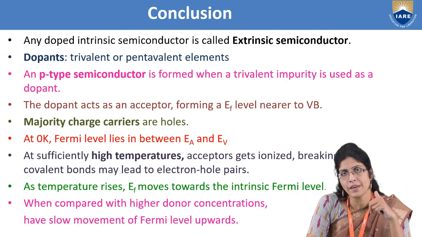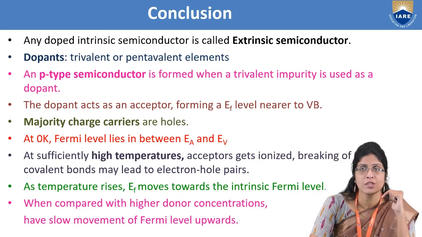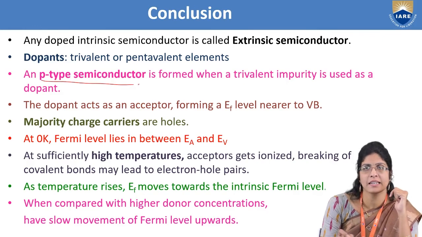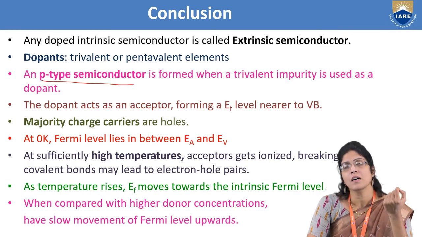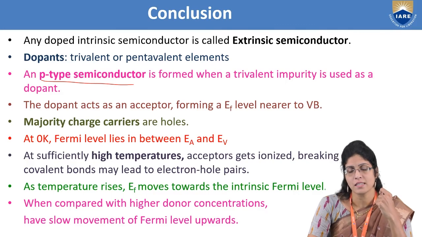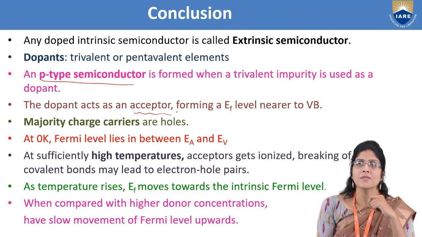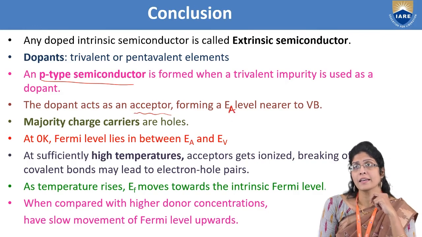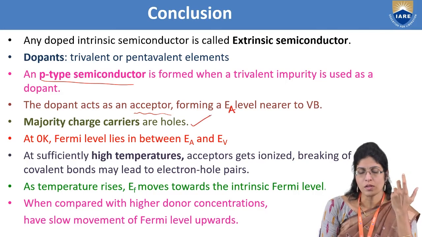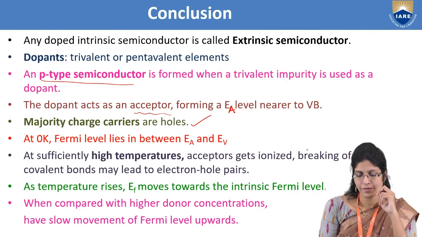which will act as an entity to receive any heat you give and moves to the leftover site, leaving again a hole. Thus holes are the majority charge carriers, which are positive charge, hence you call this semiconductor a P-type semiconductor. And because this dopant, whichever you are giving, is accepting the electron which is given by the host lattice, you call it an acceptor, and this will form a level which is EA near the valence band. And the majority charge carriers, as I told, are holes, and at 0 Kelvin the Fermi level will be between